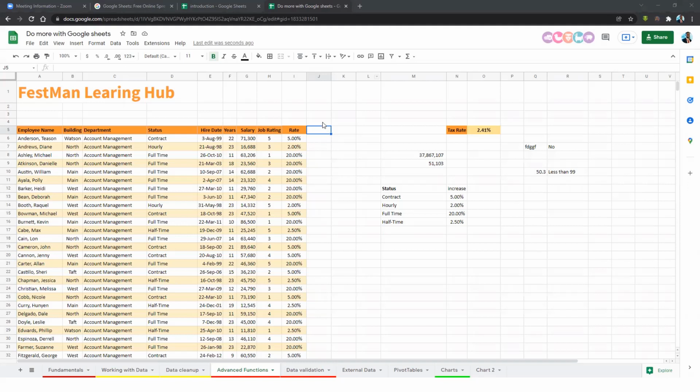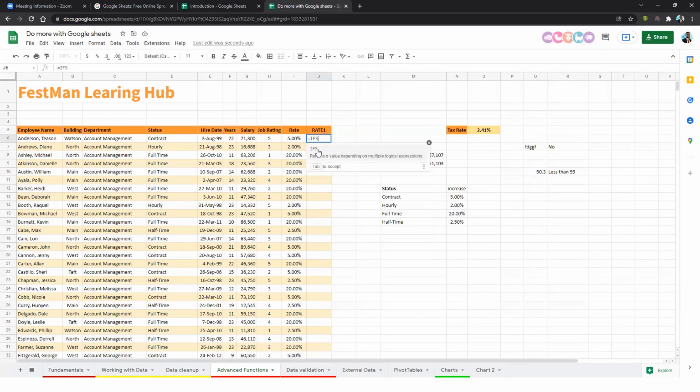We also have another function which we call IFS. So here I'm going to type rate 2. The IFS function helps you to evaluate multiple conditions without using nested IF. So here if I type equals IFS and click on this, the first condition is